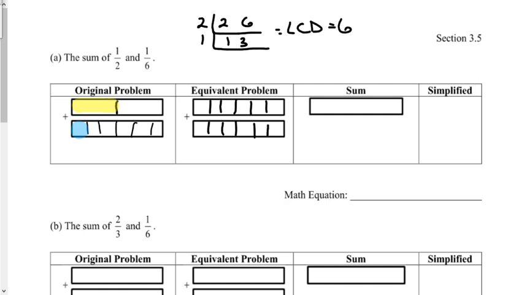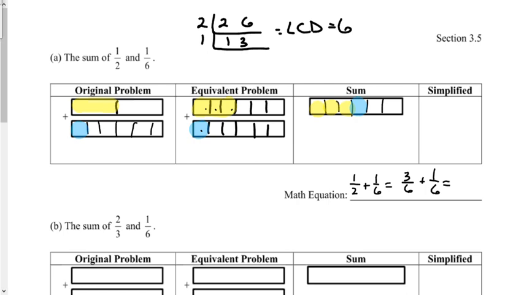There we go. I'm going to color in the same amount, right? So that's the same amount that I had colored before. There's the same amount. And then ultimately, when we count the parts that are shaded, I've got 1, 2, 3, 4 parts are shaded. So then I could say that 1/2 plus 1/6 actually becomes 3 out of 6